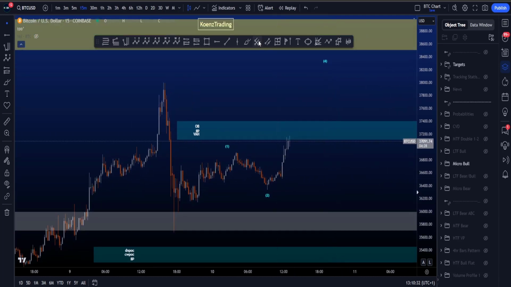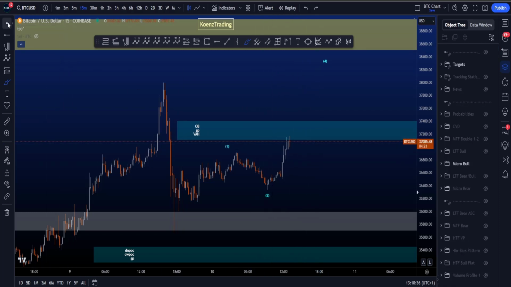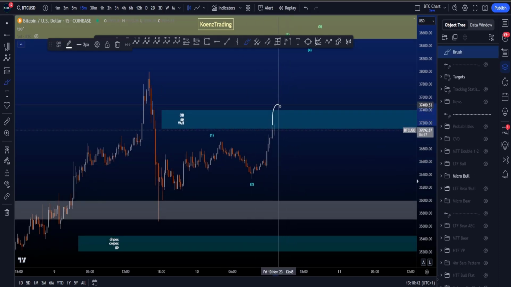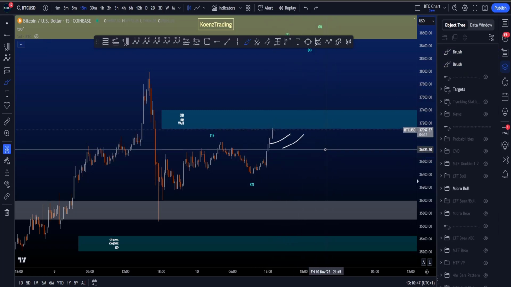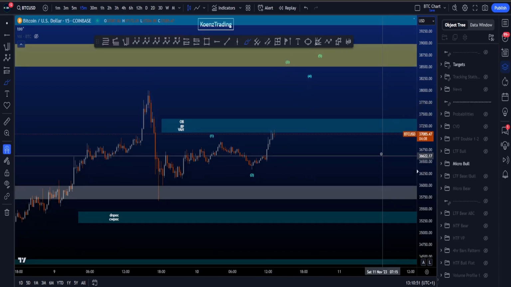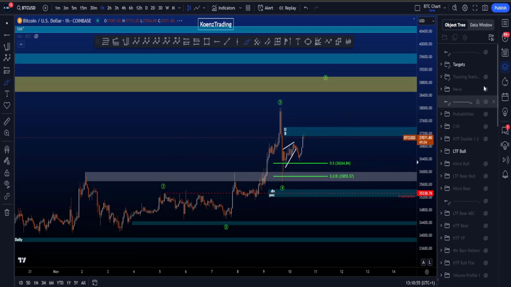But that does mean price has to go through this blue resistance box over here. Now this resistance box, as mentioned, 37.1, 37.4, has a couple of confluences, and only if price can flip this area, move to the upside, maybe continue building bullish CVD divergences against resistance, probabilities would increase more for a move towards the upside. If we zoom out just a little bit more and we go to the 1-hour,